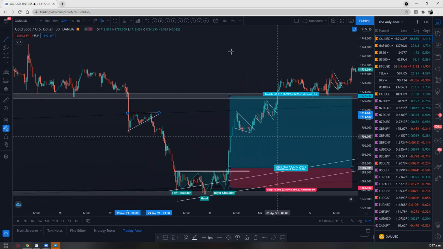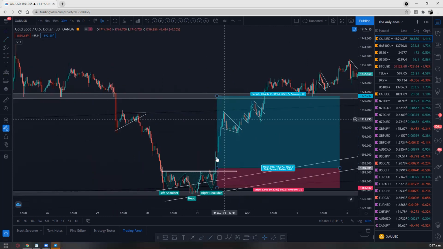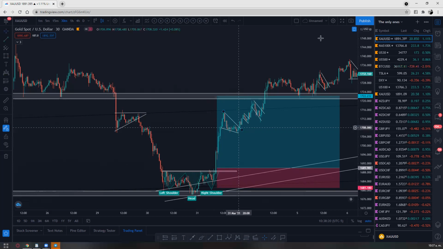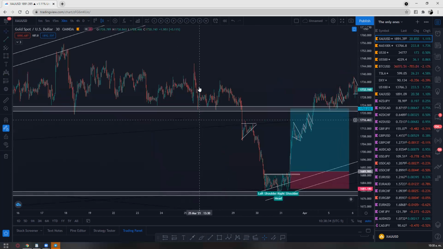Then where was the triangle? Well, this is some type of triangle right here. But you see how it works. You see push and then start creating a triangle this way. Now like this, this is when it's pushing up, when the momentum is bullish. Now when it's pushing down, it creates this inverted triangle. So it's push and then start consolidating and then breaks down. Okay. So, of course, there's a lot of consolidation here, but it depends.